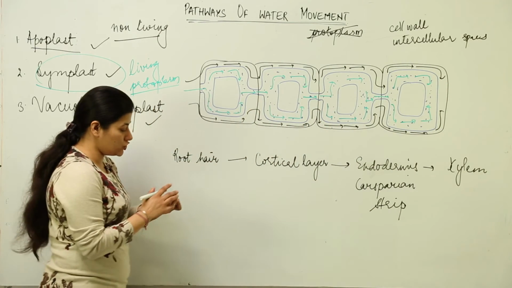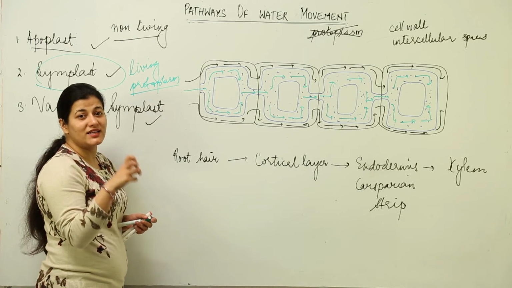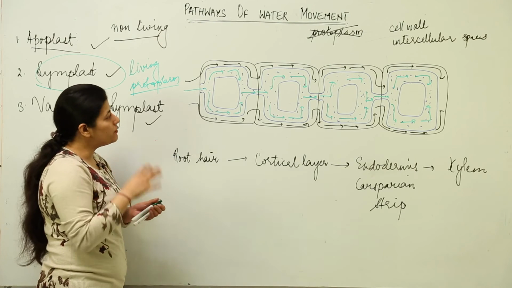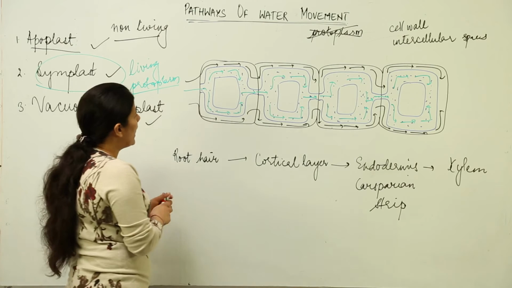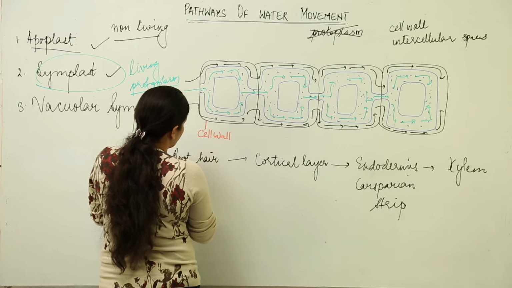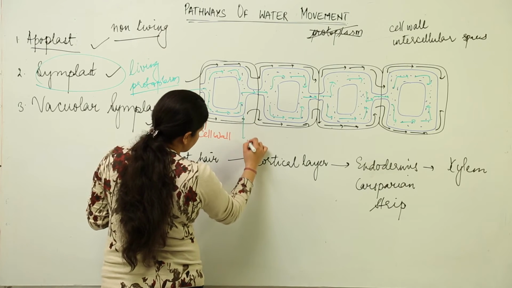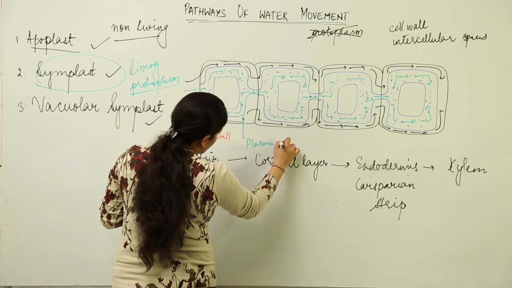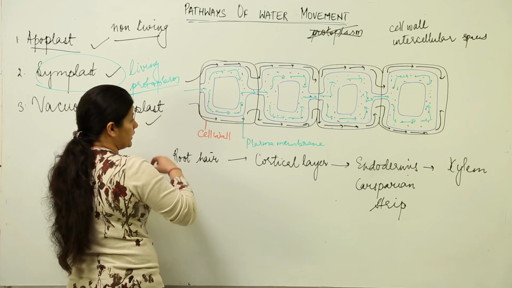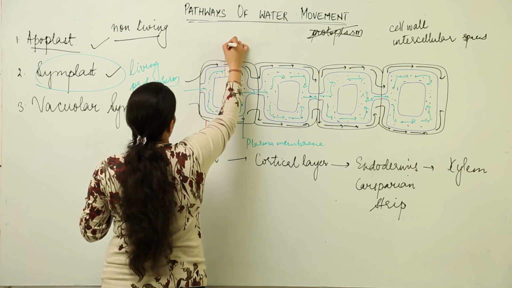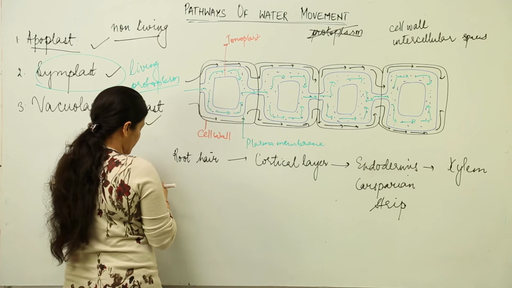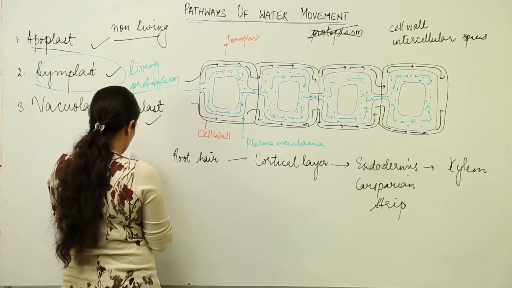This green representation shows the symplastic pathway, which shows that the living zone of the cell or of the root would be involved in making the water pass through it. And as you can see, this is the cell wall. All right. Now this membrane represents the plasma membrane. And the last type of pathway that the water can take is through the vacuole. So we have a vacuolar membrane also, and this region which is left empty over here shows the vacuole.